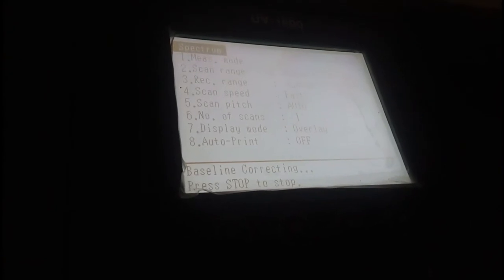For this I have put the solvent, that is pH 5.8 buffer, in the reference as well as in the sample. And now base correction, baseline is correcting.